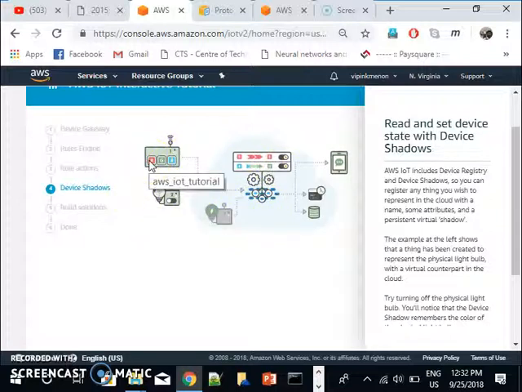That is one advantage. Another advantage is, suppose you want to give access to your computer or your device to some third party. Some other guy wants to see the status of your bulb. So you have two choices. Either you give direct access to your device, or you give access only to the shadow. And usually we don't want to give direct access to hardware to a third party because you don't trust them. They can hack it or they can do